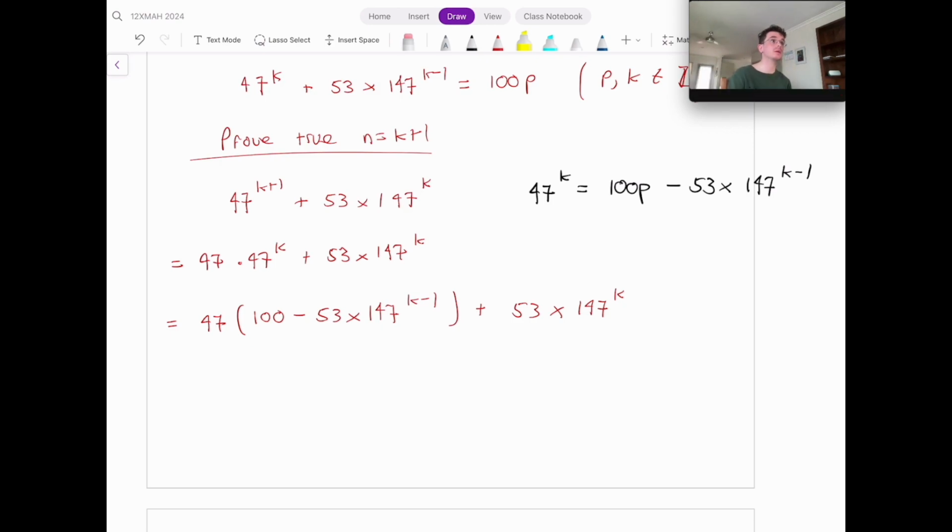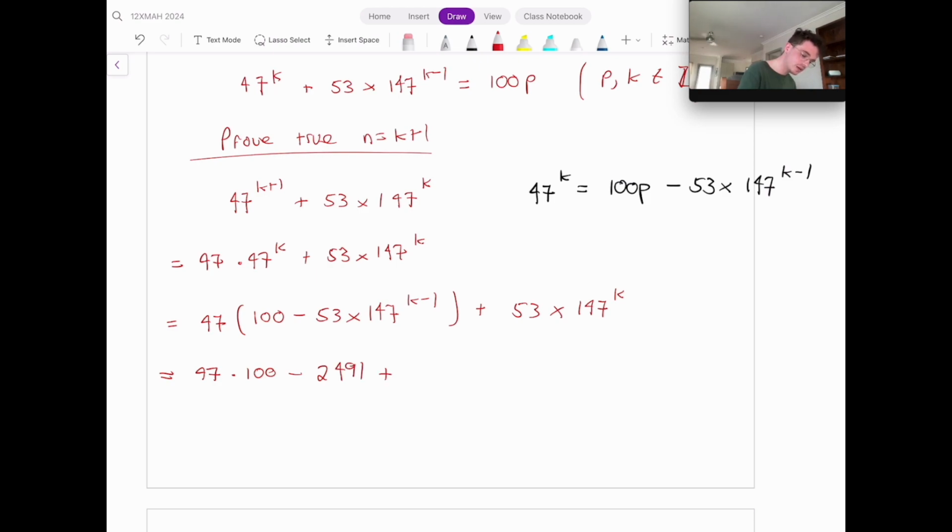Okay, so I've got a bit of a problem here. The problem is that we've got a 147 to the k minus 1, and we've also got a 147 to the power of k. And those aren't like terms. So what we're going to have to do is somehow manipulate one of them to equal the other one. I'm thinking it's going to be most easy if we take off 1 from 147 to the power of k, and we'll see how that happens in a second. So we're going to expand this. We're going to get 47 times 100p minus 53 times 47 is